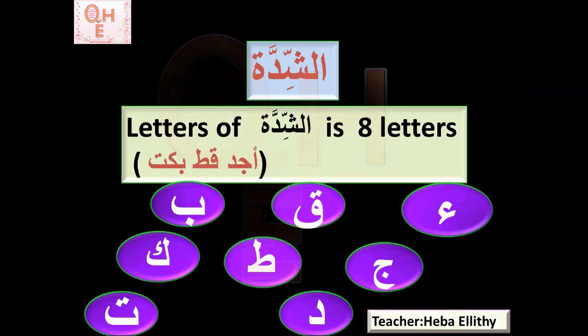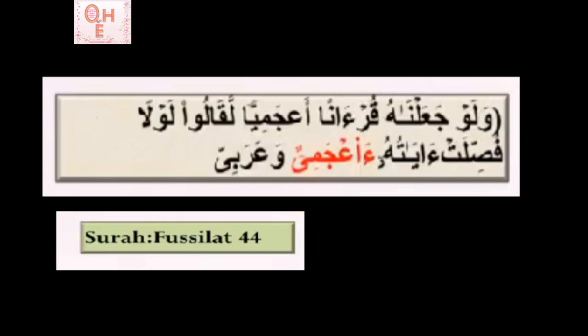So if you look here, to make it easier for you to remember these letters, remember the letters of qalqala, which is qutb jad, and put with it the hamza, kaf, and ta. So it's the letters of qutb jad, plus hamza and kaf and ta. Let's go and explain what we said right now a little bit more. And remember, the only word in the whole Hafs way that has hamza musahhala is the word أعجمي. Let's continue.